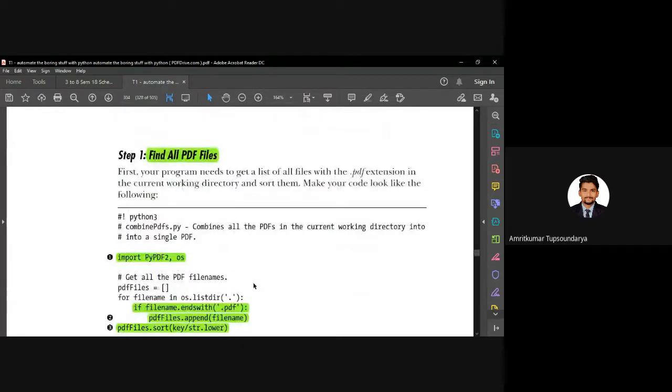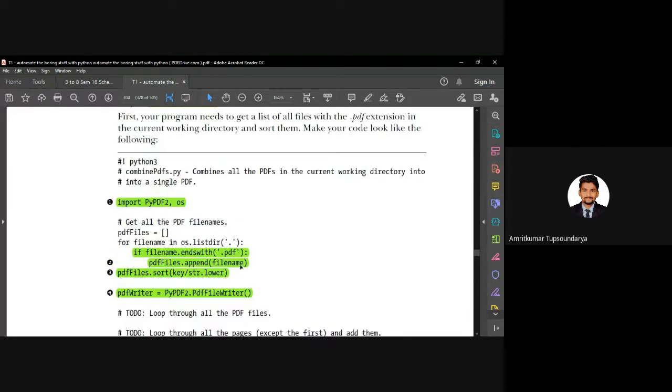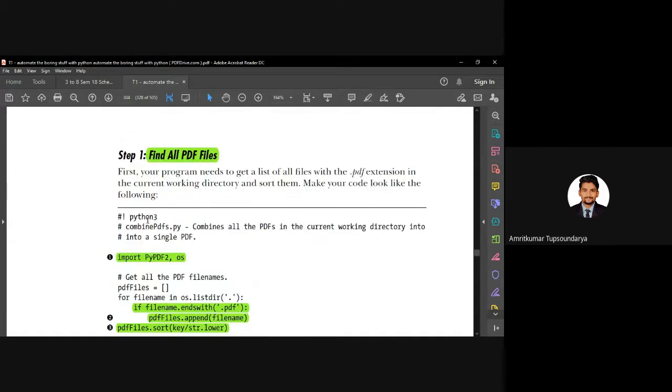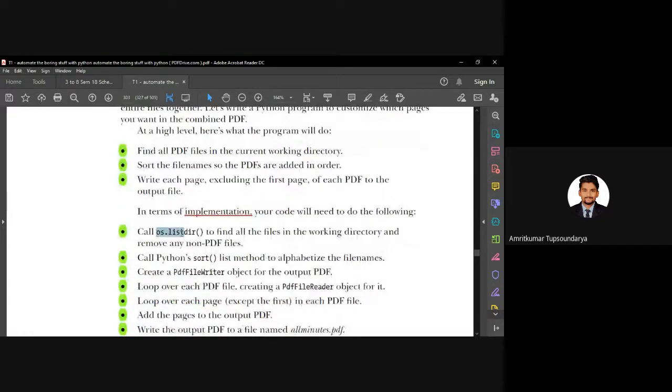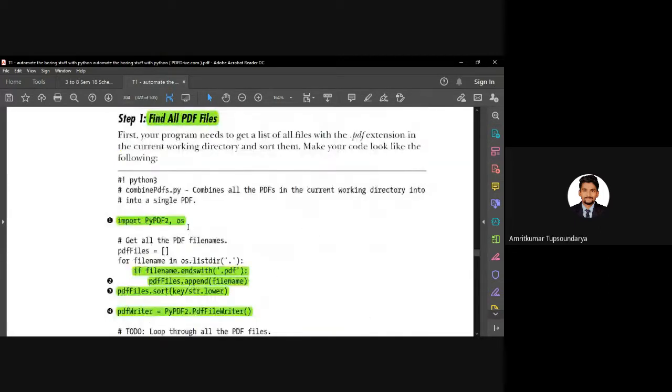So if I have to divide this into steps, first we find all the PDFs, like I've said, and before that, it is very important to import the important modules, right? That is PyPDF2 in order to use all the operations which we can do with respect to PDF, and OS, right? So OS is the module which we are going to use to list the directory. Pardon me, it is not sys, it is os.listdir. So it's an operating system's instruction. So in order to use that, we have to import the module OS, not sys.